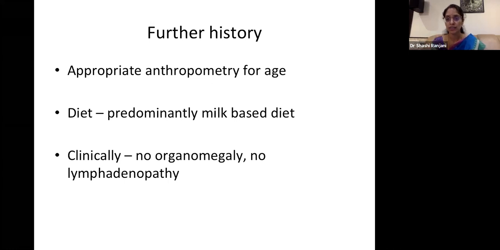A child coming at 2 years of age who's appropriate for age in terms of height and weight, which means that it's not a chronic problem. With the diet history, which is predominantly milk-based, we all know that it is an iron deficiency anemia. But we'll look into the CBC. This is a child who came with a hemoglobin of 3.7. As you can see, the MCV is 50.5 and the MCH is 12.1. The MCHC is not there, but that's also less. So these are very tiny RBCs, which is typical of an iron deficiency anemia.